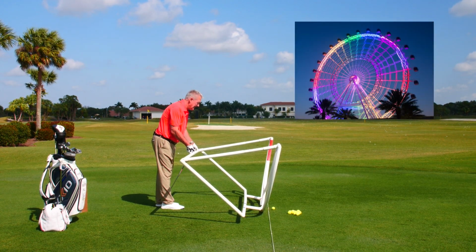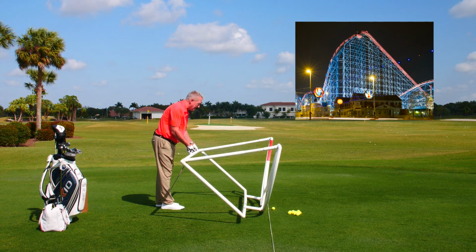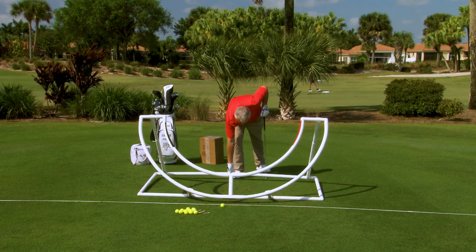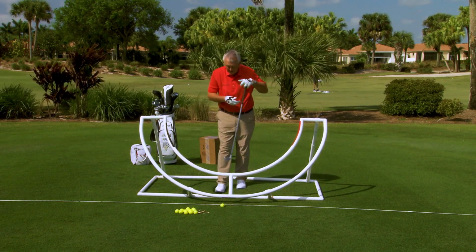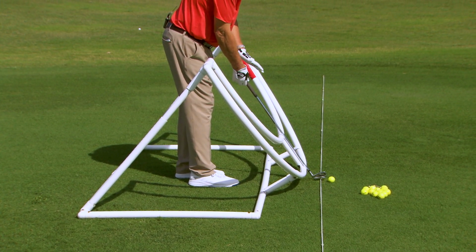It's not like the Eye in Orlando. It's not like the Big Dipper at Blackpool. It's a circle at an angle. It's a circle on an inclined plane. Now, because of that, and that is the path the club must take, it's important we understand,